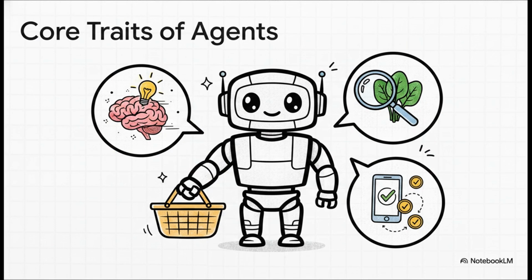First off, they don't just offer you suggestions, they make real decisions. Imagine you send a smart helper to the market for vegetables. You don't specify the exact veggie. They use their context awareness to see that the spinach looks incredibly fresh today, so they adapt their behavior, pick the spinach, and then, here's the kicker, they autonomously pay via digital UPI app without you ever having to write a script for that transaction. That is an autonomous agent in action.